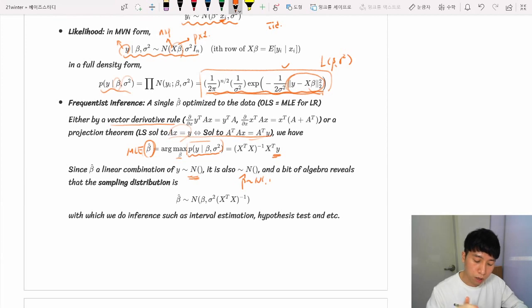After a bit of algebra, you can see that beta hat follows a normal distribution whose mean is the population beta itself, and whose variance is the term right here, sigma squared times (X transpose X) inverse. So with this sampling distribution, we have done